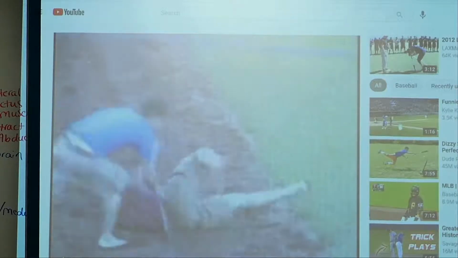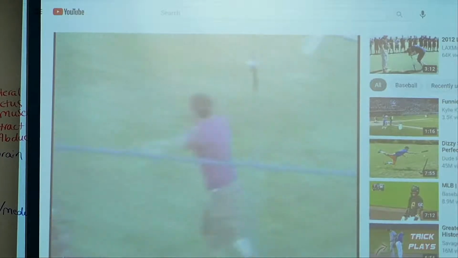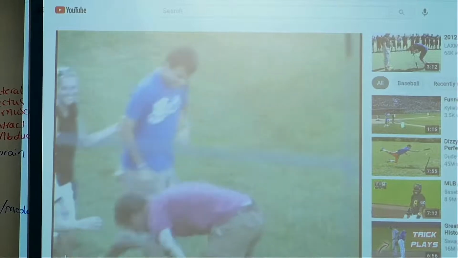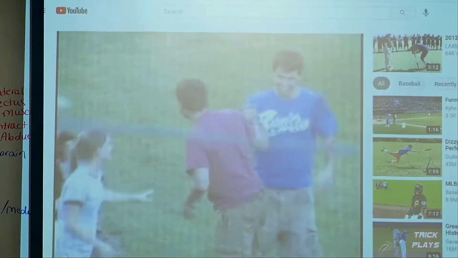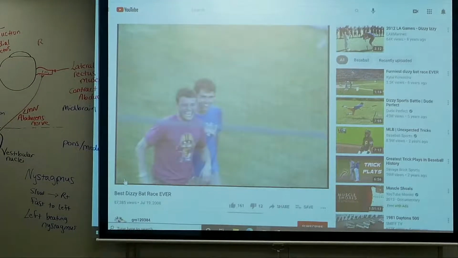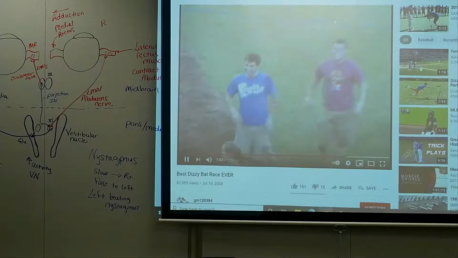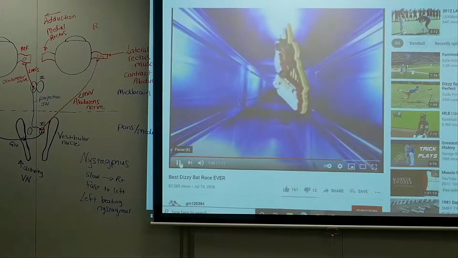So there he goes. So what's happening here? Let me explain it to you a little bit, and then we're going to go into the vestibulocolic and the vestibulospinal reflexes. So one thing that I need to tell you first to understand what's happening is that